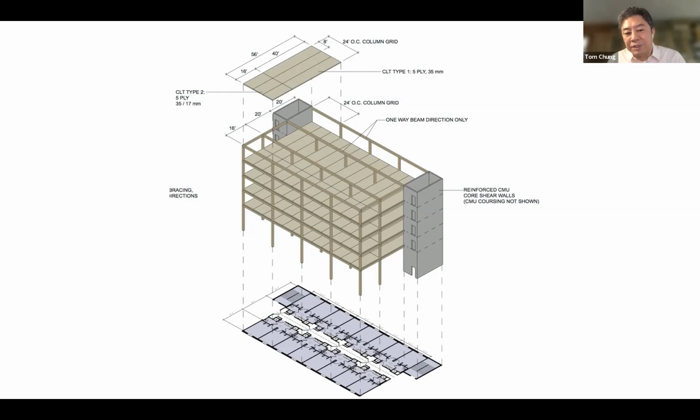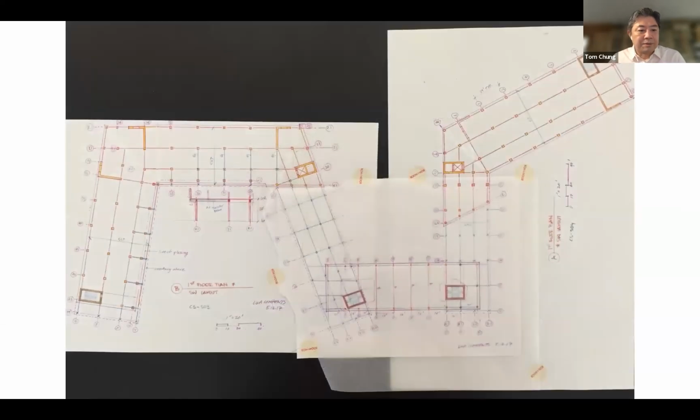And in this case, we used site-cast concrete for the egress cores, given the regulations in this area about fire egress. So with that basic understanding, it was a back and forth discussion and collaboration between the architect and the structural engineer in laying out a very highly efficient and modular set of structural grid. And that would allow us then, at the corners where the angles were, where the dorms were not, which were the specific spaces, to be able to accommodate and to make the flexible changes in the angles